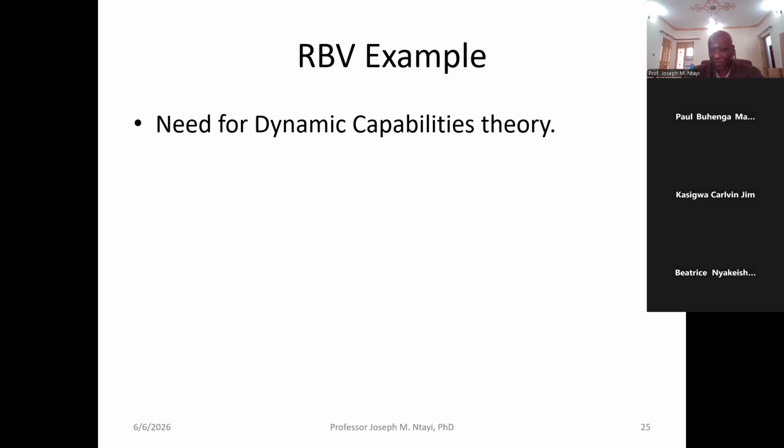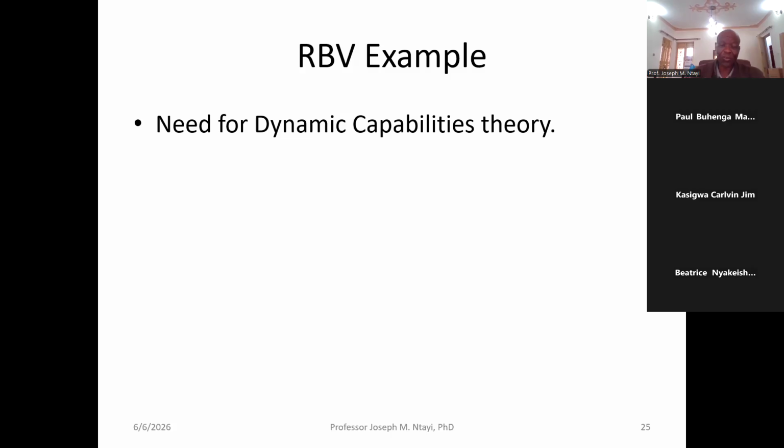Now, according to the resource-based view, some of you have used this, the arguments are built around having resources, and these are the core assumptions. Having resources that are valuable. So resources must be valuable, rare, and inimitable, and of course non-substitutable. We know that very well. So you cannot tell me that you understand the resource-based view unless you identify resources that meet these criteria. If you are unable to do so, you are in trouble.